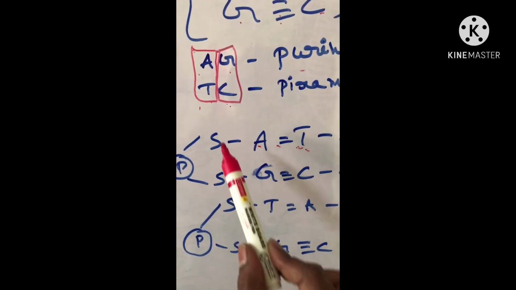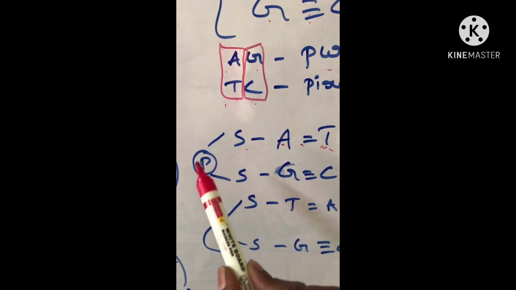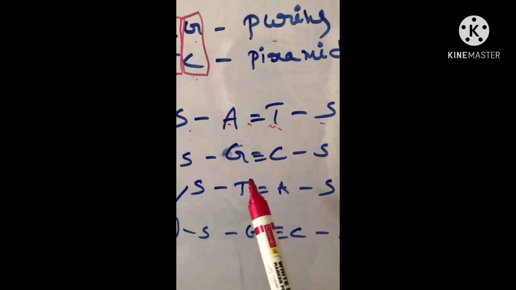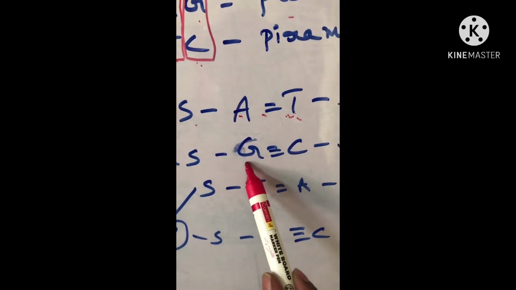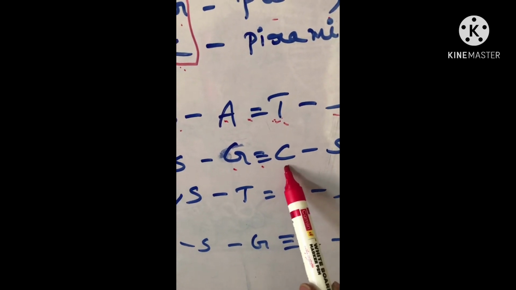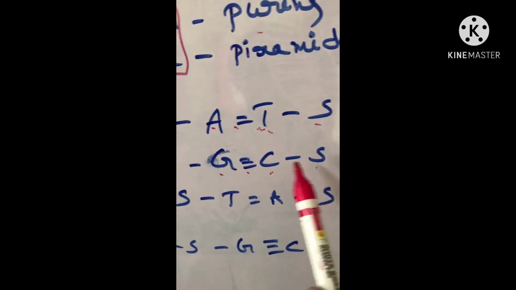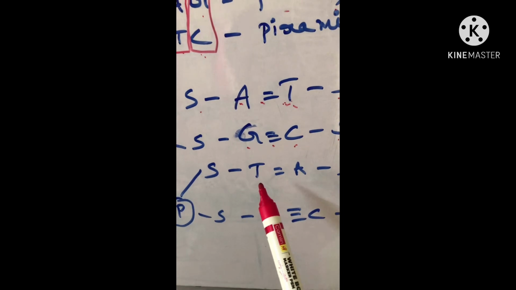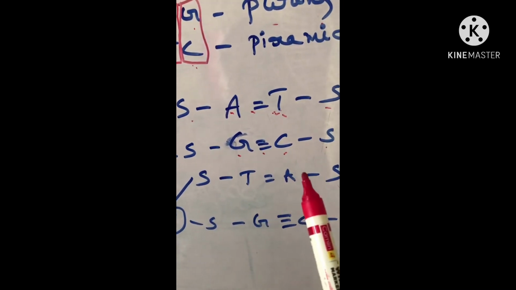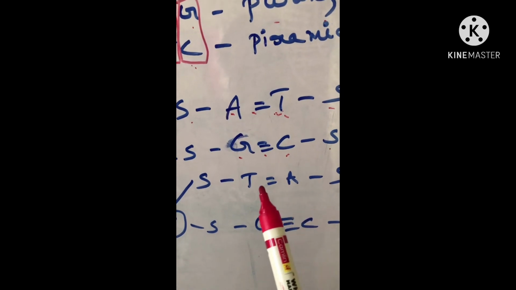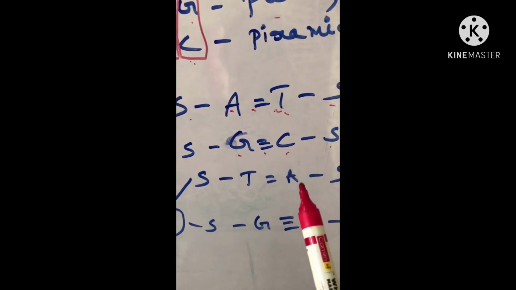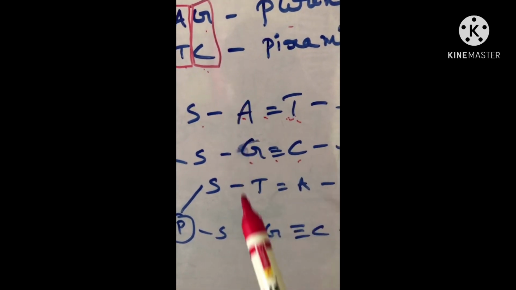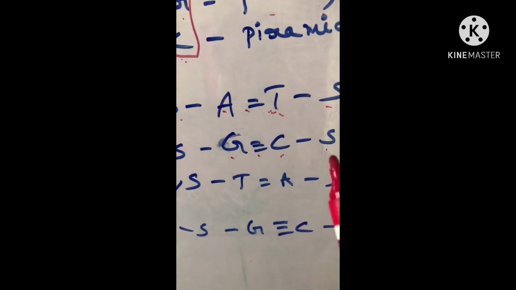Then two sugar molecules are connected with one phosphate. Here also one phosphate. Then here observe one guanine triple bonded to cytosine, then connected with sugar and sugar. These both are connected with phosphate. Then the position of the nitrogen bases changes here. That means the purine place is changed with pyrimidine, and the pyrimidine place is changed with the purine. But here the same four nitrogen bases are randomly arranged. Okay.